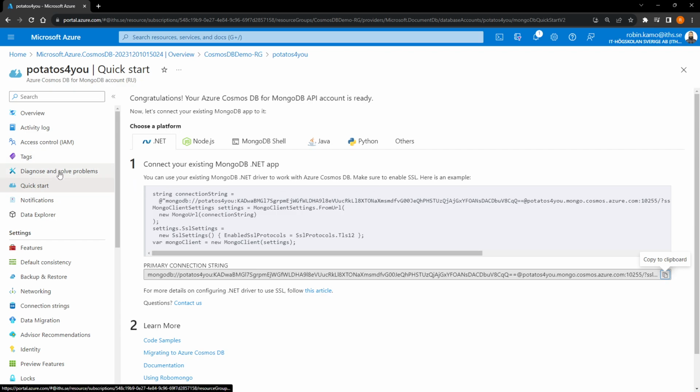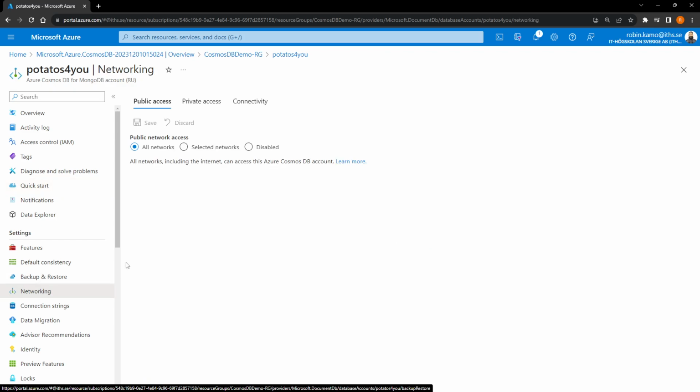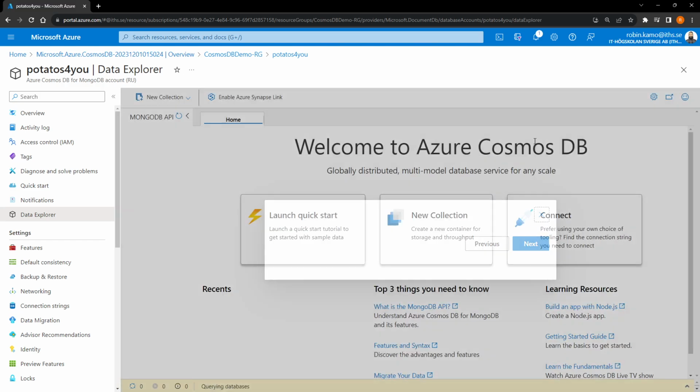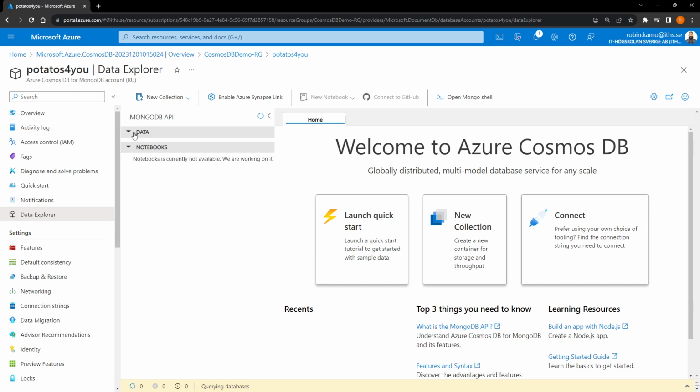So if I go to the Data Explorer, well, first I need to open up the network. So I'll go to the Networking tab, and it's already opened. So public access is already enabled, so everybody should be able to access it. I will go to my Data Explorer to show you guys there is nothing in this database currently. So here's my database, and you can see there is nothing in it. So this Data tab is empty. So let's go back to